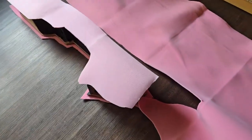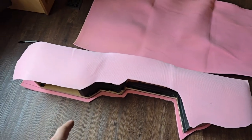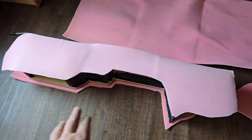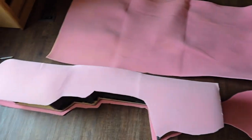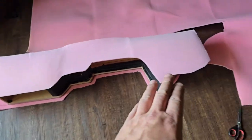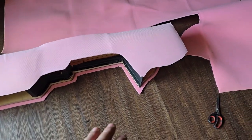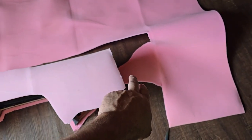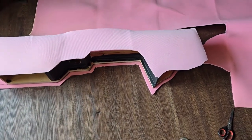Alright, so I cut it out, and what you might have noticed is I traced it, and then I cut about an inch on the top, left a nice little extra, and some extra on the bottom, and what it'll do is basically wrap around. So anyways, the idea is I will staple it at the front, and now that I'm looking at it, I've got this upside down. I should have,